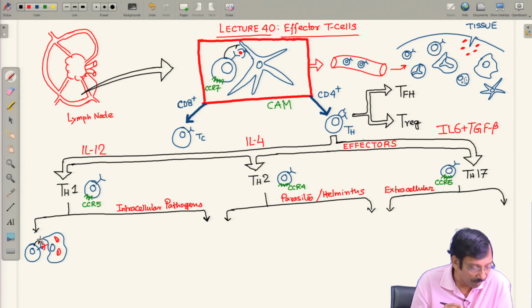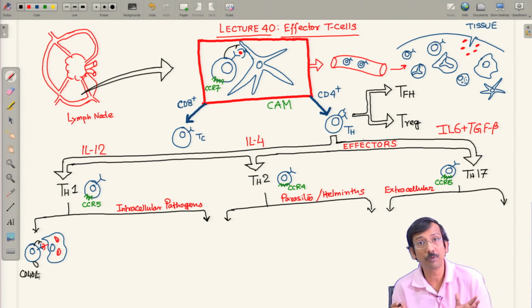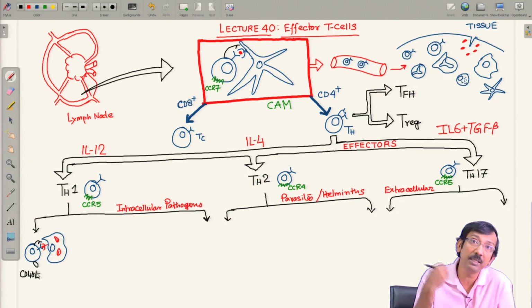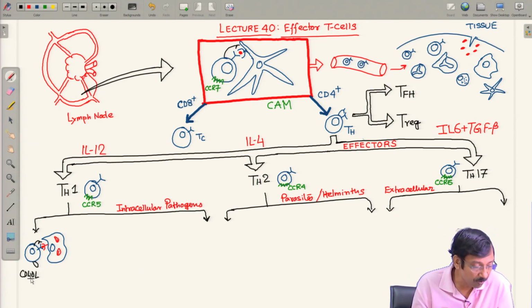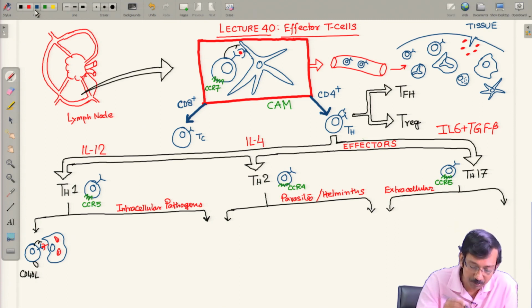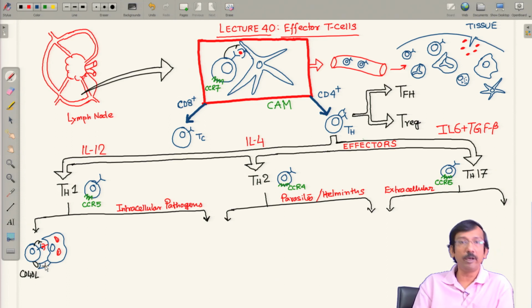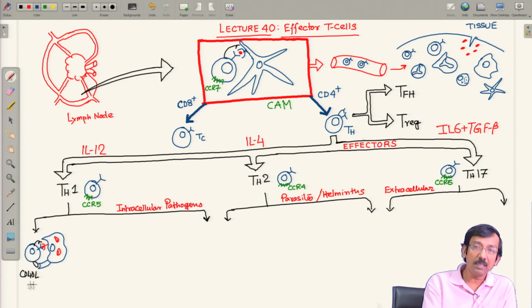And because these differentiated, matured Th1 cells express on their surface the CD40 ligand, CD40L. By now we have known about the CD40 and CD40L interaction from our B cell development processes. So, they express on their surface the CD40 ligand, and these macrophages express the CD40. So, now the CD40 and CD40 ligand interaction occurs, and after this interaction occurs,